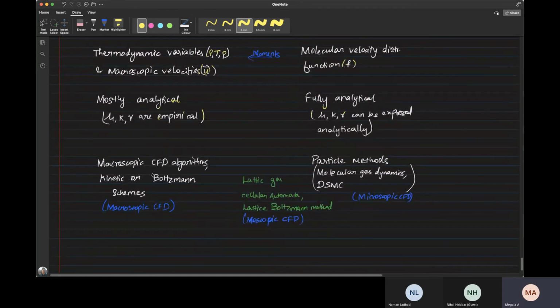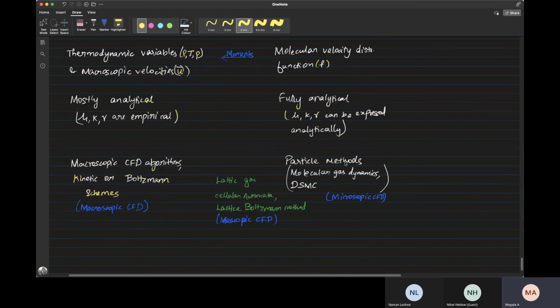With regard to CFD algorithms, we have other CFD algorithms like incompressible CFD and compressible CFD, like flux vector splitting, Riemann solvers, all those. And we can also have kinetic schemes, which are also macroscopic CFD, because we use this kinetic theory description just to evaluate the value of flux at the interface. We'll be getting a macroscopic expression, but to get that macroscopic expression, we'll be using some basics from kinetic theory. So this is always going to be a macroscopic scheme, but with a background from kinetic theory.